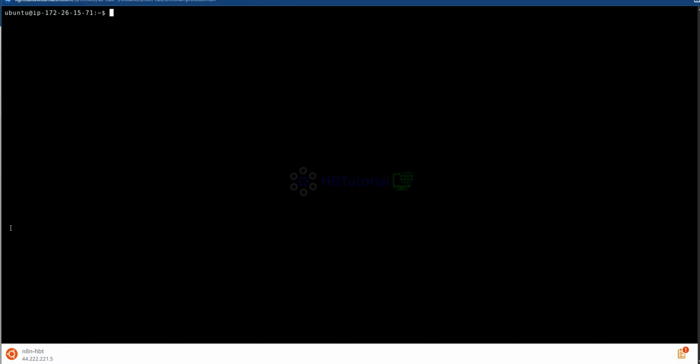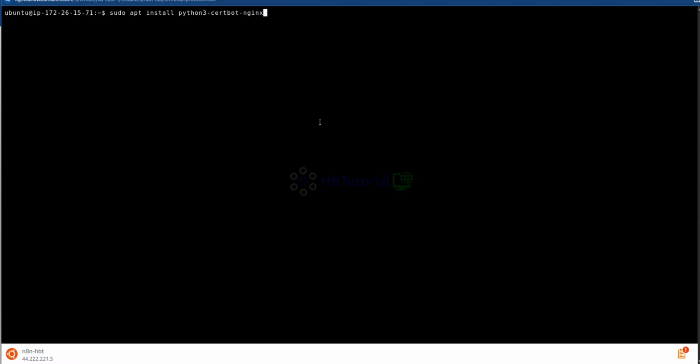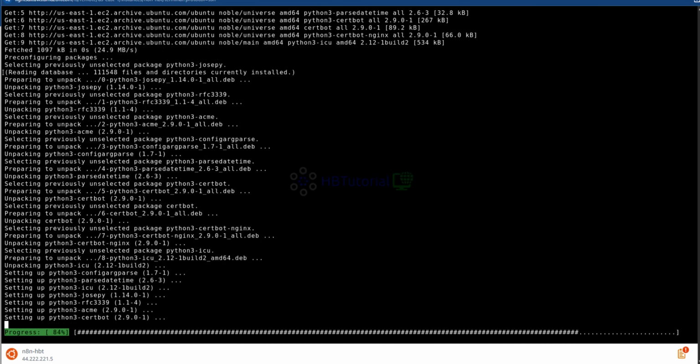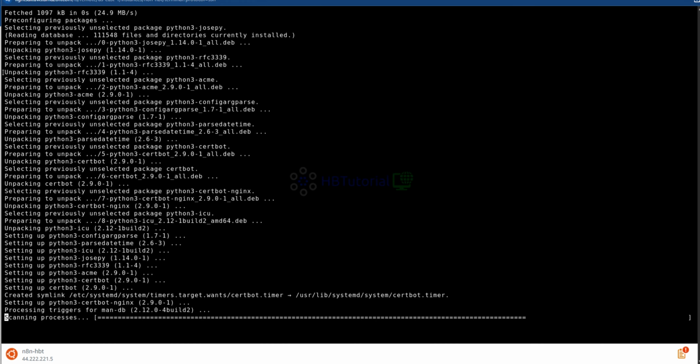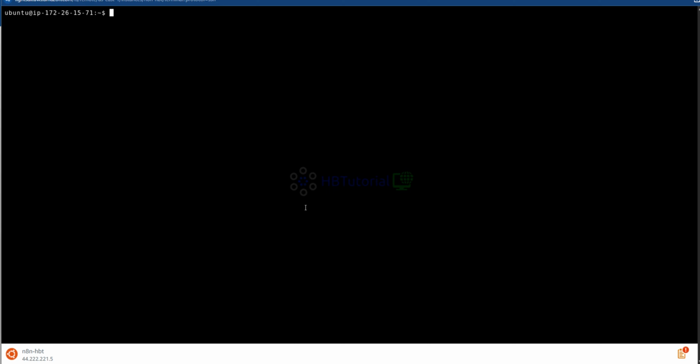So our next is the SSL certification. Okay, so we're gonna install the following. So the Python for the certbot. Then clear, paste, and then our domain.